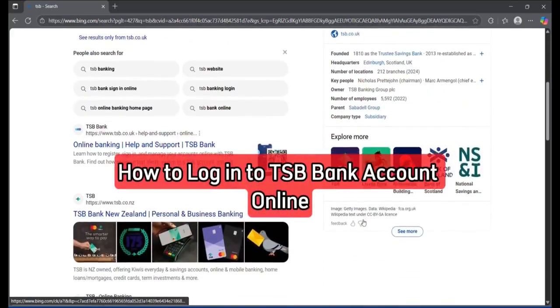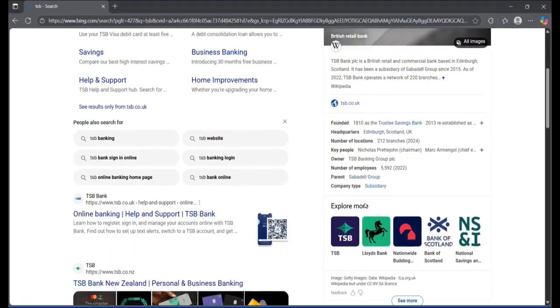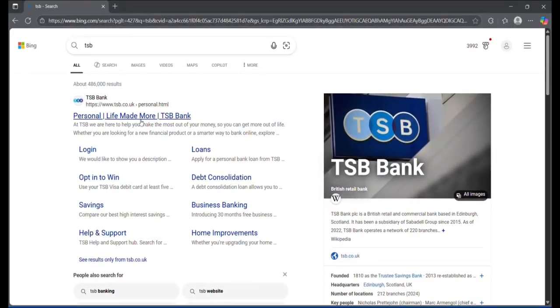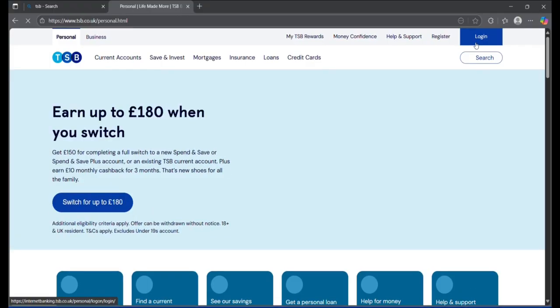Hey everyone, today we're going to walk you through how to log into your TSB bank account online so you can check your balance, make payments and manage your money from anywhere. So first up, head over to the official TSB website at tsb.co.uk, and once you're on the homepage, simply look for the logon button at the top right corner and click